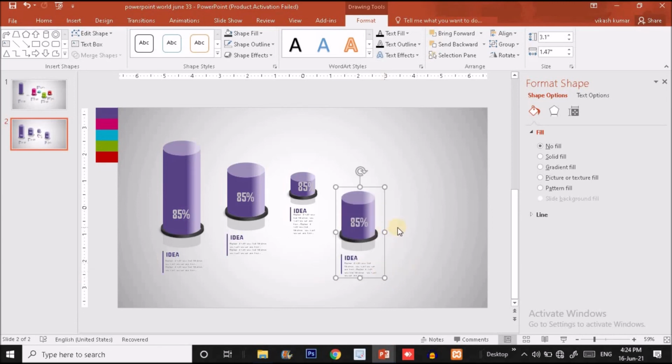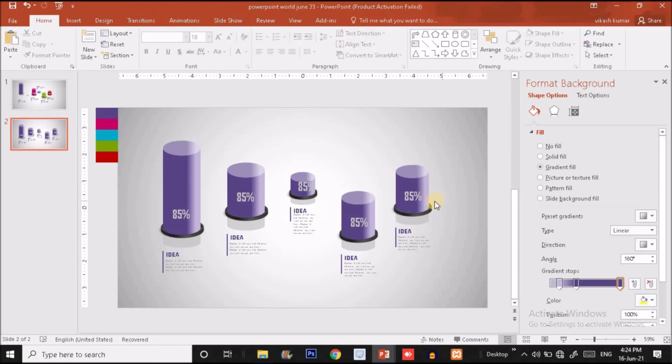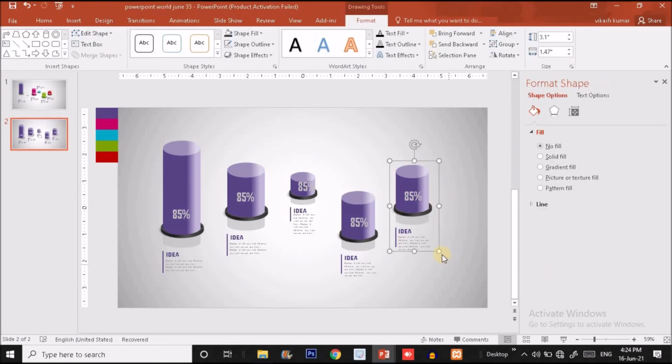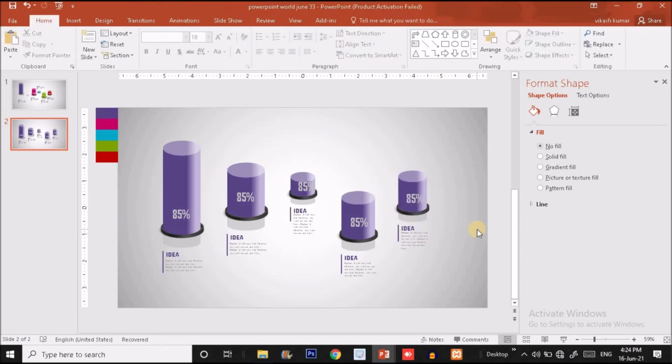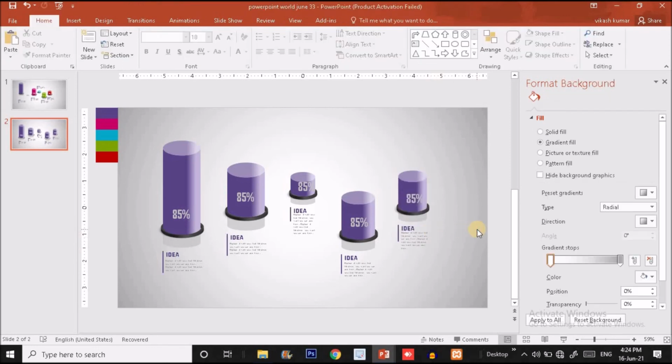Okay, and now press Ctrl D to make another duplicate copy and put it over here. And for this, I'm again going to press Ctrl and Shift together and drag it inward to make it smaller like this. Okay, so this is the arrangement of the shapes you have to do.